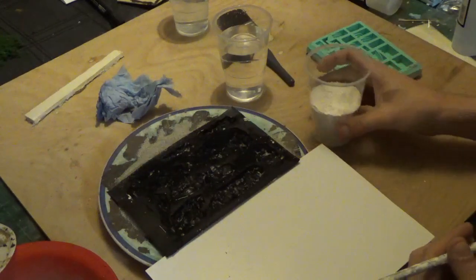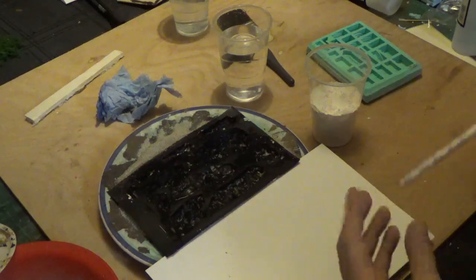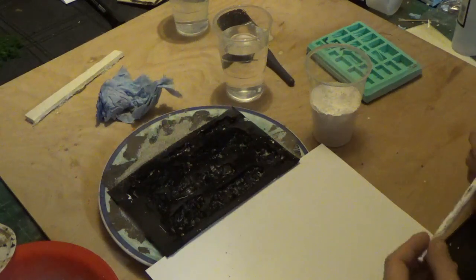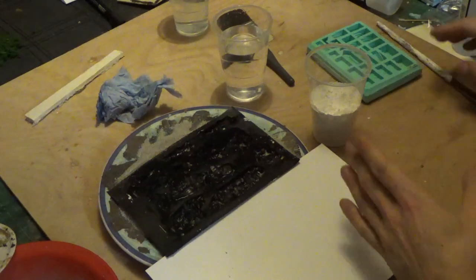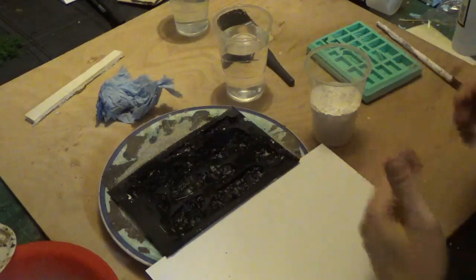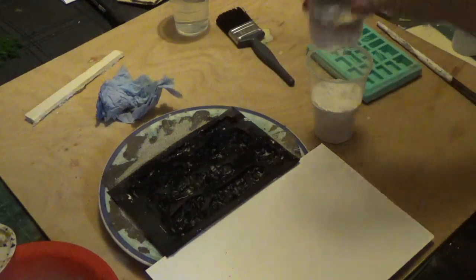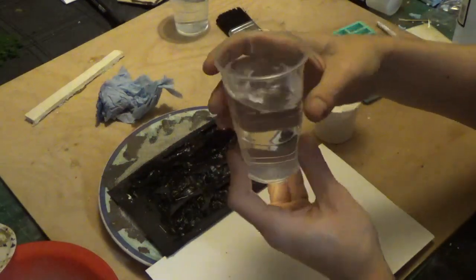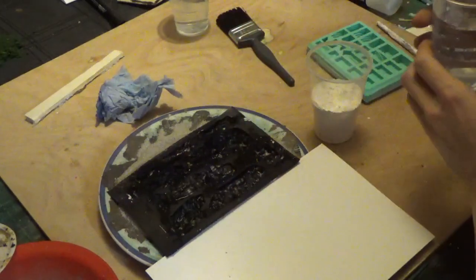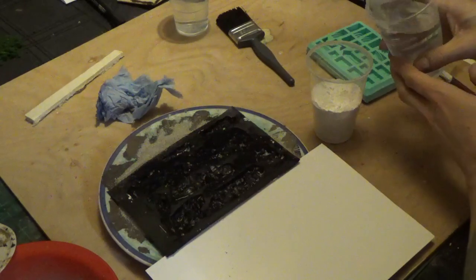I very rarely weigh plaster. It says like a 100 to 35 ratio and things like that, but I find I eyeball it better. So what I'll do is make up a batch and then show you what it looks like, so you can try and get a similar mix. I've got just under half a pint of plain water there. So I'm going to add, let's see,